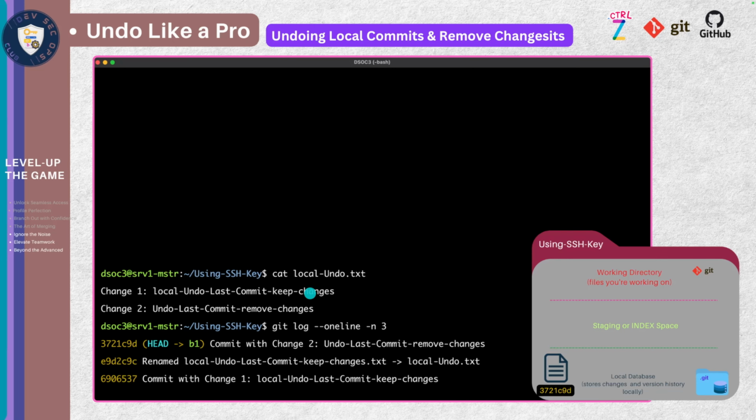Then I check the content of the file. I know change 1 and change 2 recently happened. Then I can also check with git log one line, and the last 3 logs are enough, right? So everything is over here, but I want to remove this